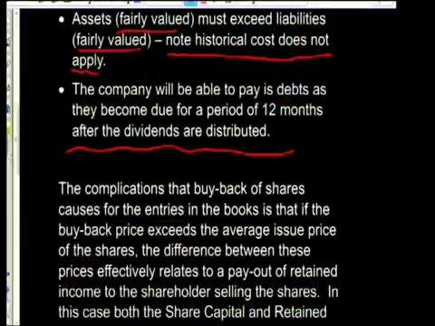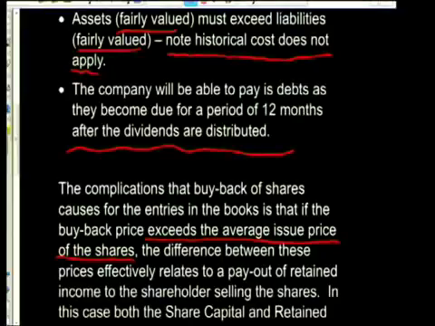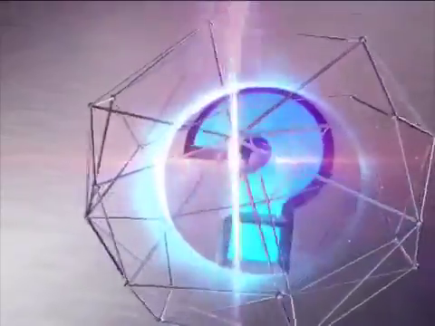Now, the complications that the buyback of shares causes for entries in the books is that the buyback price will exceed the average issue price of the shares. Critical point. The buyback price or the repurchase price will be higher than the average issue price. The difference between these two prices effectively relates to a payout of